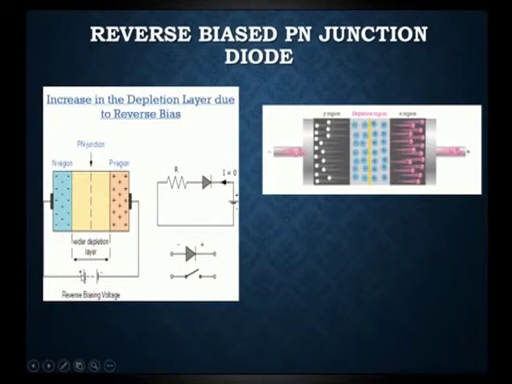This is exactly opposite to how we connected in the forward bias. Here we can also represent this with the symbol of a diode. This is the diode symbol. Here the positive is connected to the negative of the supply and the negative is connected to the positive of the supply voltage. This form of connection helps us study reverse bias, and whenever the diode is connected in this form it is in reverse bias mode.